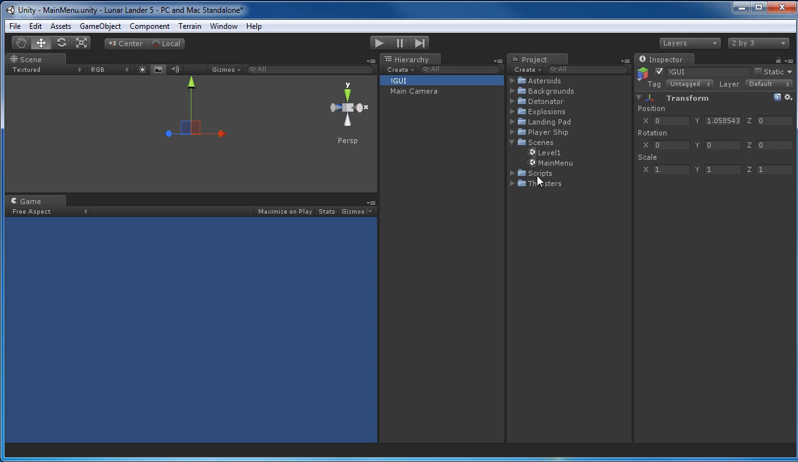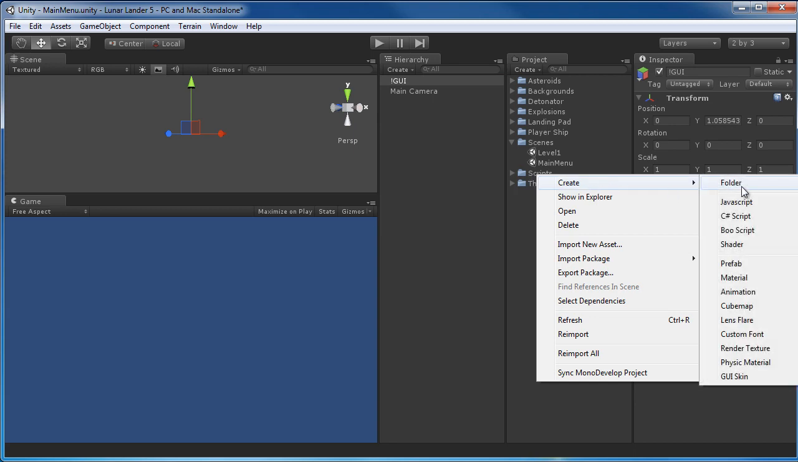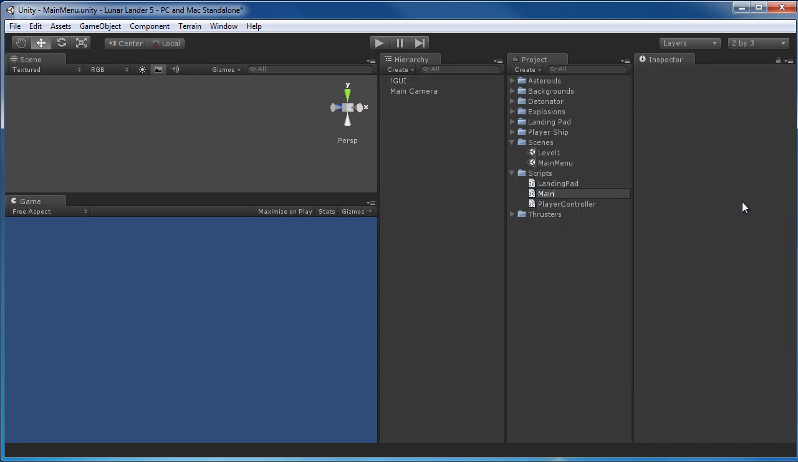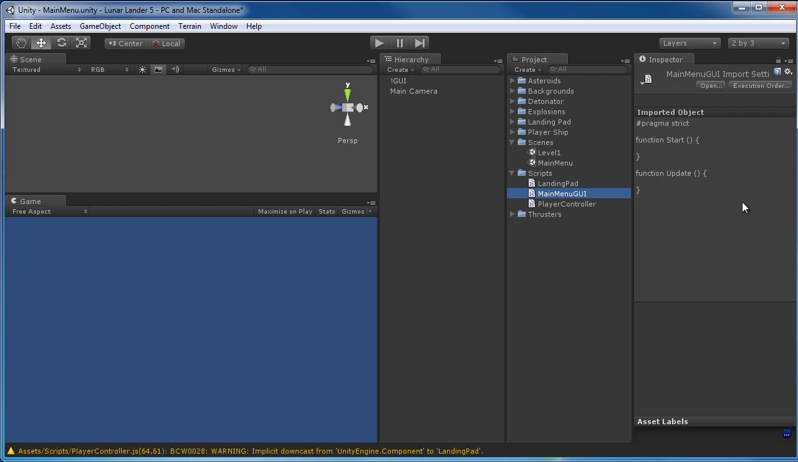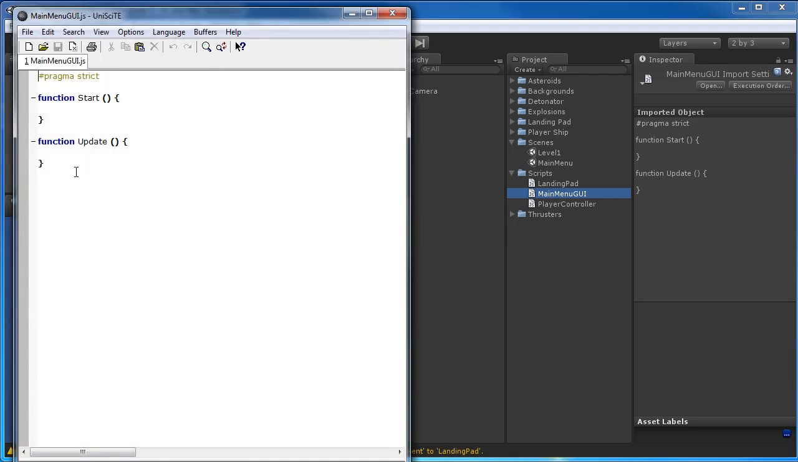Okay, so we'll create the script then for the main menu. Right click on the scripts folder, go to create JavaScript. This is the main menu, or actually, yeah, main menu GUI. And open that script up. So once again, we have our basic starting setup here whenever we create a script. However, in this case, we actually do not need any of these, but we will have a new function, on